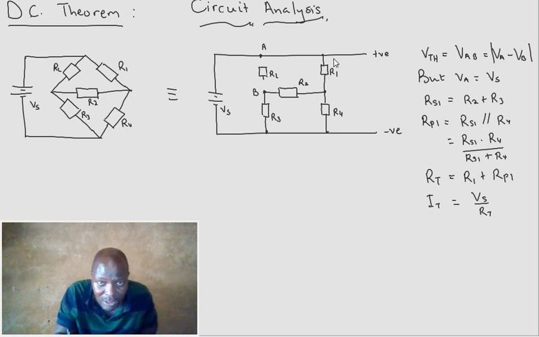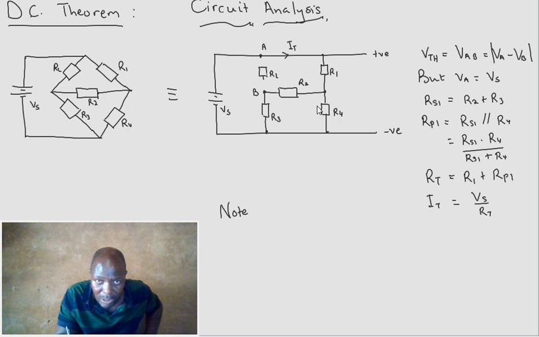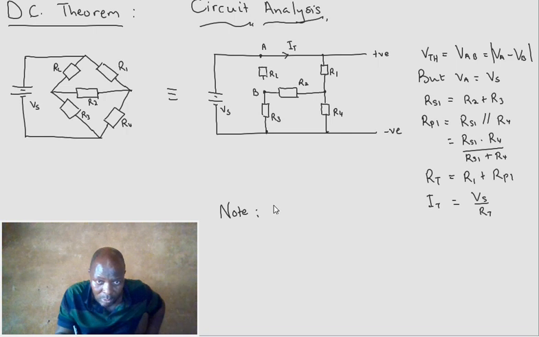Remember, when you've got total current, that total current is the current that will flow through R1. There is one continuous line through the circuit. This is just the positive line. There's one continuous circuit through R1. So I total would flow here, and the same I total will flow through here. There's been no split yet. This is just a line, just a connection. It's just a wire to the positive. So I total